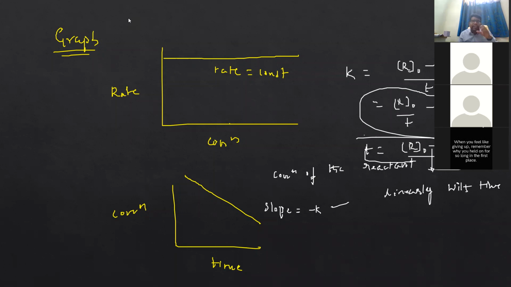What are the examples of zero order reaction? One important trick: actually, order will be zero, but for some reactions the order of the reaction does not come out as zero, yet they are still zero order reactions. It's very, very important. Everyone is confused about how to remember the zero order reaction examples. All photochemical reactions and the heterogeneous reactions are almost zero order reactions. All photochemical and heterogeneous.